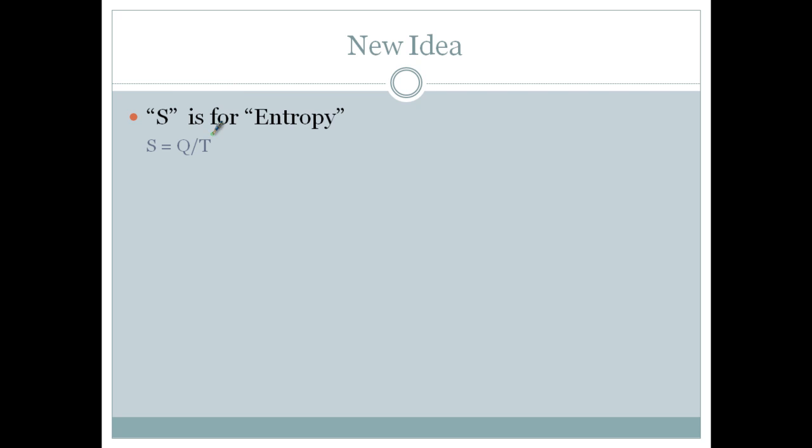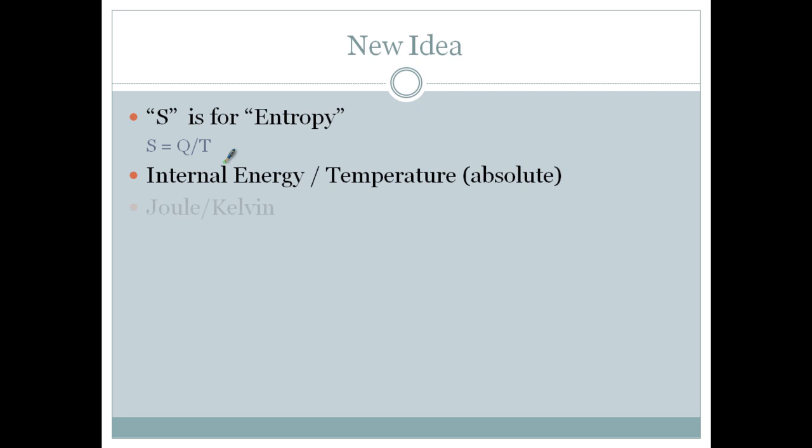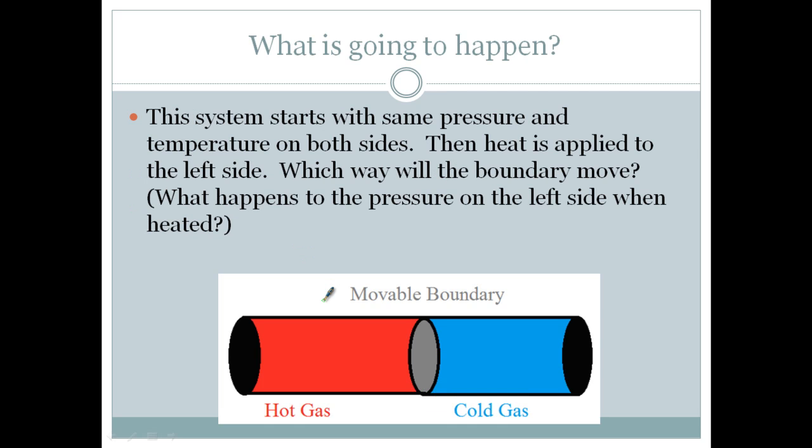So in physics, this capital letter S stands for entropy. Can't use another E because E is energy and stuff. And it's equal to our heat divided by our temperature. So the internal energy divided by the temperature. Remember, internal energy, heat, same thing. Divided by the absolute temperature, so whatever the temperature ends up at. And it's measured in joules per K. So you get joules per Kelvin. You can also do it joules per degrees C too, since they're equivalent. Actually, no, you can't. You might see it like this, but usually it's going to be joules per Kelvin.